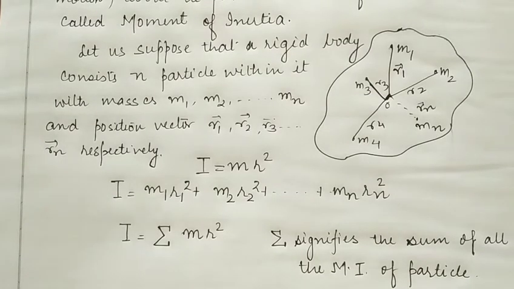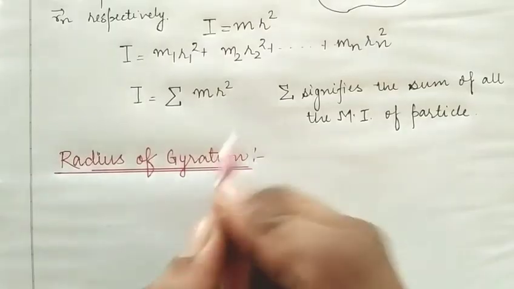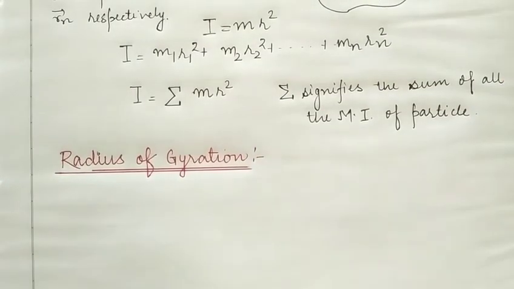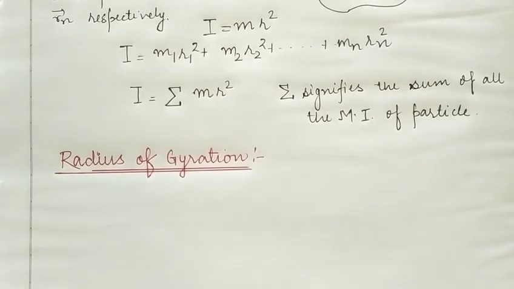So now we are turning towards the radius of gyration. What do you mean by the radius of gyration and how can it be defined? Let's start with it. Radius means the distance from a particular point of rotation. When a body is in rotational motion, there will be a certain distance along which it follows a rotational or circular path. So how can we define the radius of gyration?